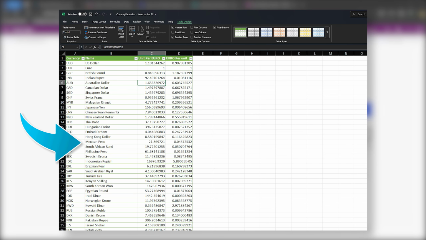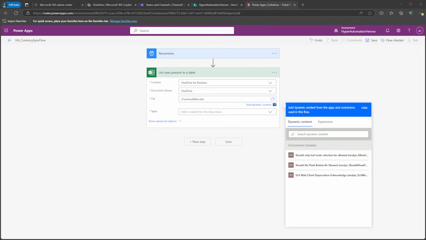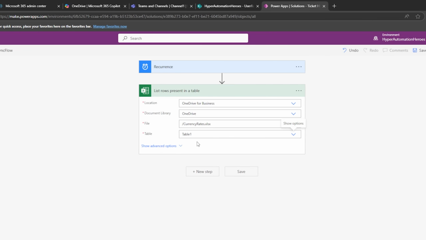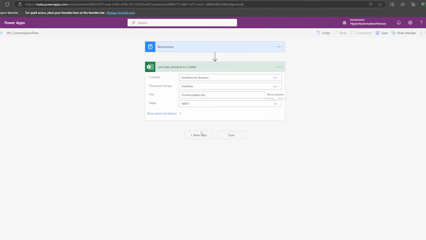Because if I go into my Excel file and click anywhere inside of this data table, then go to table design, it will show me table 1 as its actual table name. So hopefully we also see that here, and we actually do. So select the name of your table there, and that's it for this action. Now, of course, for every data row that it finds in that table, we want to do something, right? So that means we need a loop, and that loop will be new step,